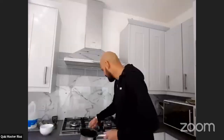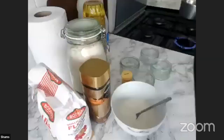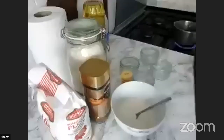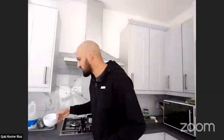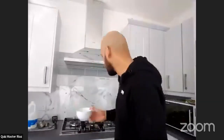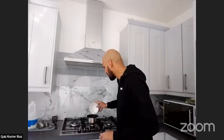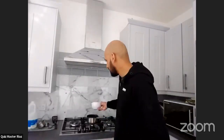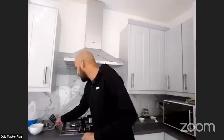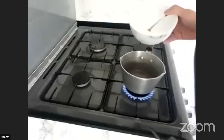We've got our pan. We're going to turn it on, sort of like a medium heat to start off with. I'm not sure if you can see my hob. Oh, they can. Okay. So medium heat, and we're going to put that mixture inside. If you're following along at home, you can just come along. I'm going to be relying a lot on Shams's camera angle, because you'll be able to see how the consistency changes. Okay, Shams, you're going to need a spatula, mate. Grab a spatula and just gently